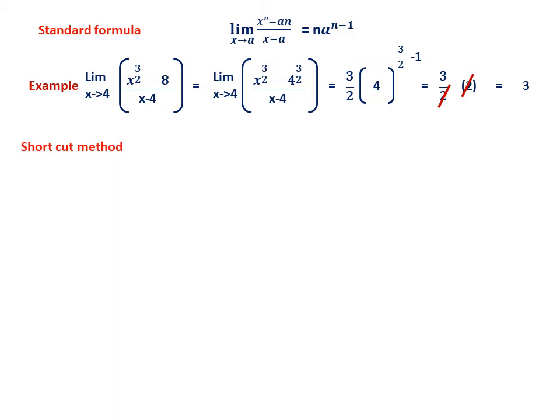Now let us use the shortcut. You see, that is why I told you the shortcut method is very useful. So as per the L'Hospital's rule, you check here now. f of x is x power 3 by 2 minus 8. It is 0 when x is 4. Below also x minus 4, g of x, that is also 0. Therefore, definitely I can use L'Hospital's rule. See, when I differentiate the numerator, it is 3 by 2 into x power 1 by 2, differentiation of x power 3 by 2. Differentiation of 8 is 0. Below, differentiation of x is 1. Differentiation of 4 is 0. Therefore, definitely we can write this. Of course, limit as x tends to 4. Therefore, you have to substitute. You get 3 by 2 into 2. You get the same answer. So this is quite useful in solving problems.